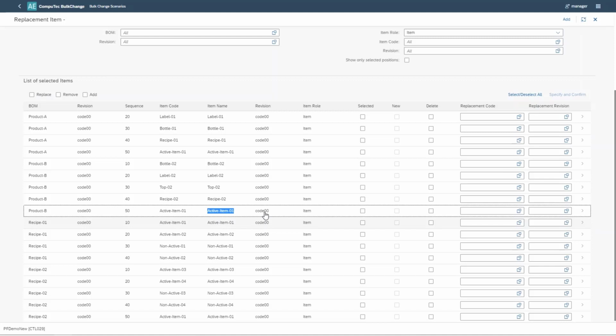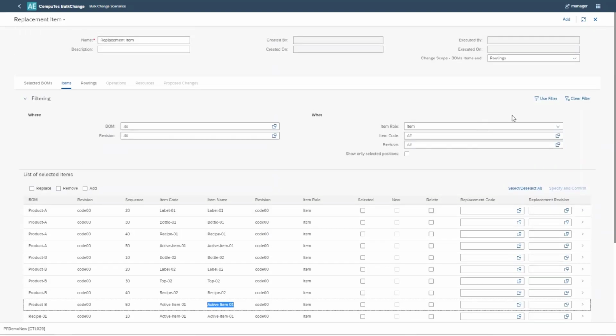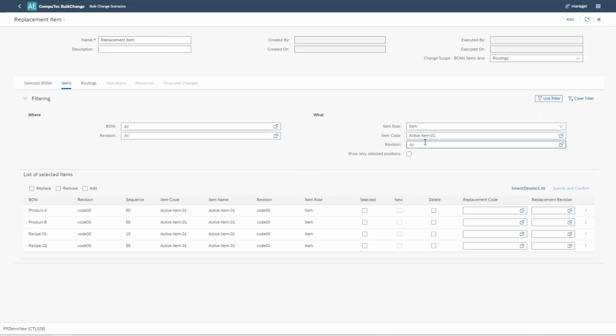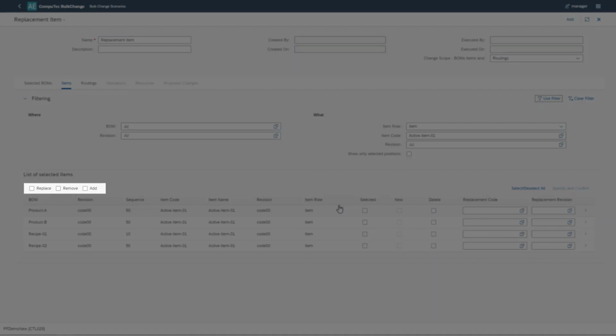just those instances of active item 1, which is the one that we want to change. So I'll use the filter at the top, just so that the list will only show me active item 1. And now we have a much simpler list, showing this item appearing on those 4 bills of materials that we selected earlier. We want to replace active item 1 with another item, so we will choose Replace here from these